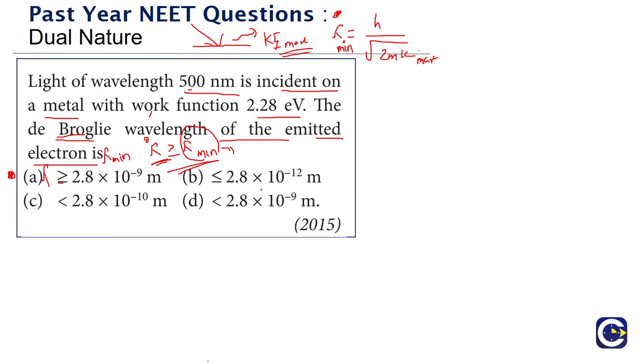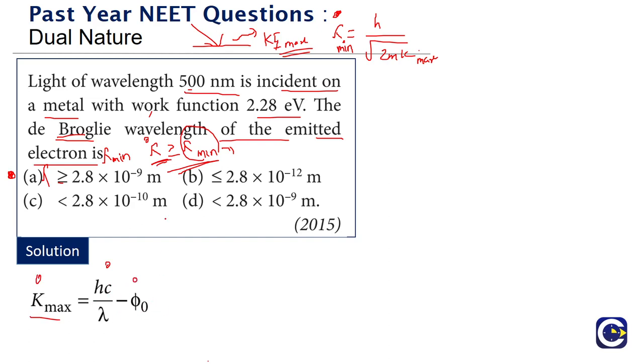But none of the other options talk about this kind of expression for lambda. So without really solving it, we can conclude what the answer is. But let's anyway go ahead and solve it. As we are saying, when you talk about the maximum kinetic energy of the emitted electrons, it will be the energy of the incident radiation, hc by lambda, minus the work function phi naught.